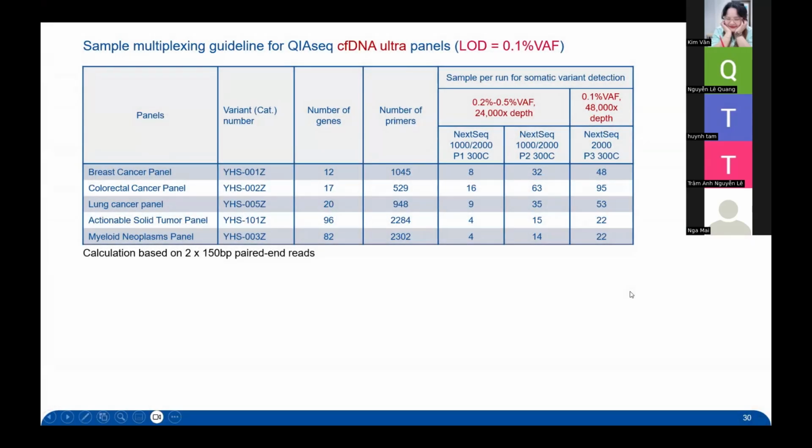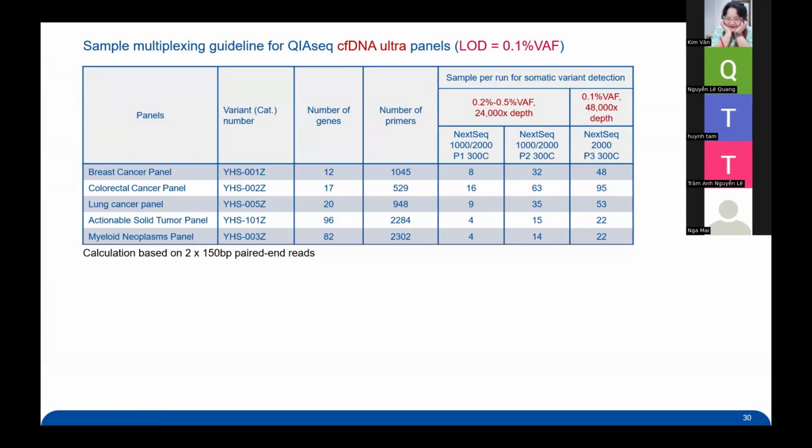So, first of all, it depends on the cancer type, whether it can be biopsied or not. If yes, it's pretty easy. You can do FFPE, where a variant allele frequency of 0.5 is more than enough. And we have that solution. For targeted DNA, we have solutions for cell-free and for FFPE as well. However,